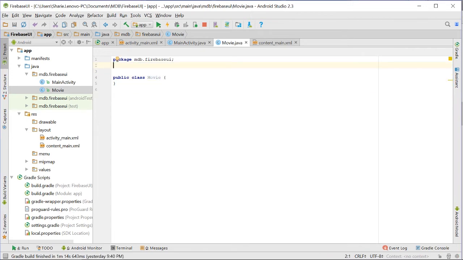Okay. So our model class is going to hold all of the attributes that each of our movie object has. And in our case, this is going to be some sort of reference to an image, the title, and the genre. So those are going to be my private instance variables. So image, private string, title,